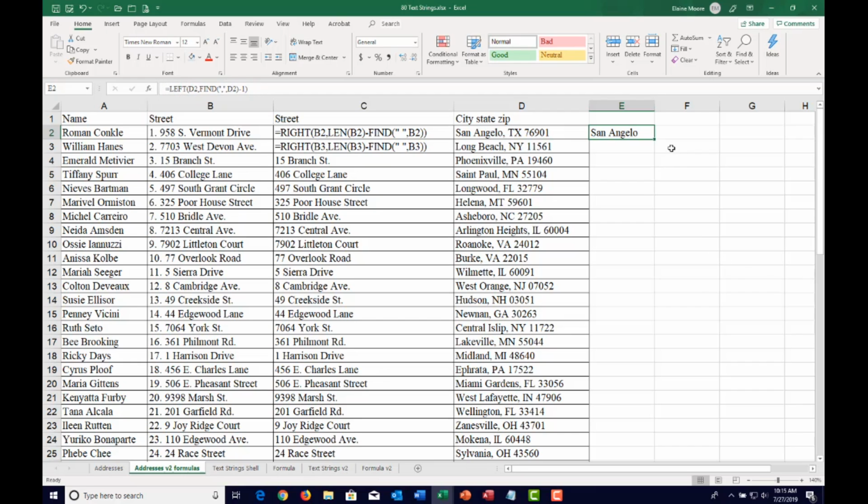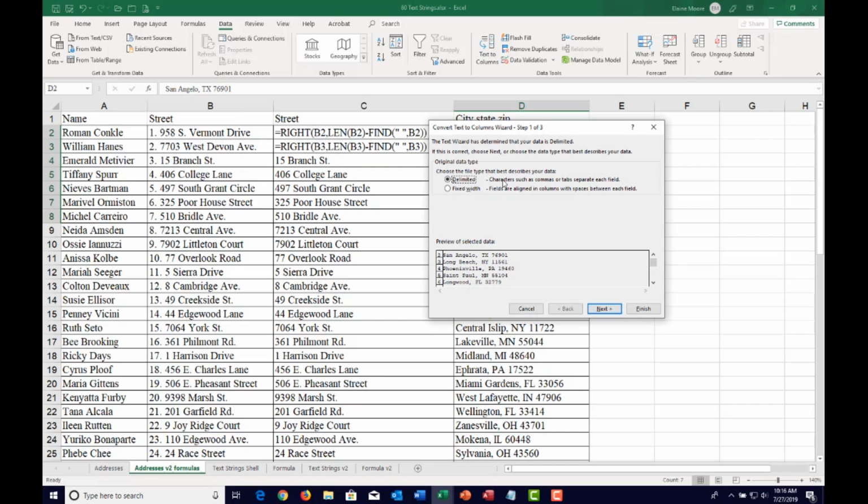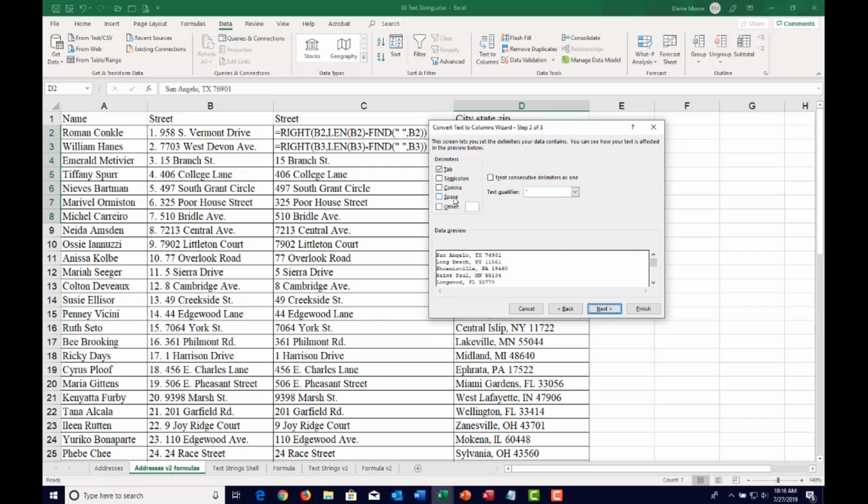But there are nicer ways to do this. The other way to do this is, because it's sitting here at the end, I'm going to delete that. We're going to separate this list, and you can do more. You can do them one at a time, or you can do multiples by going to our Data tab and going to Text to Columns on the ribbon bar. Now Text to Columns is delimited, such as commas or spaces. It shows me down here a preview of my data. I'm going to hit Next, and I'm going to say space,